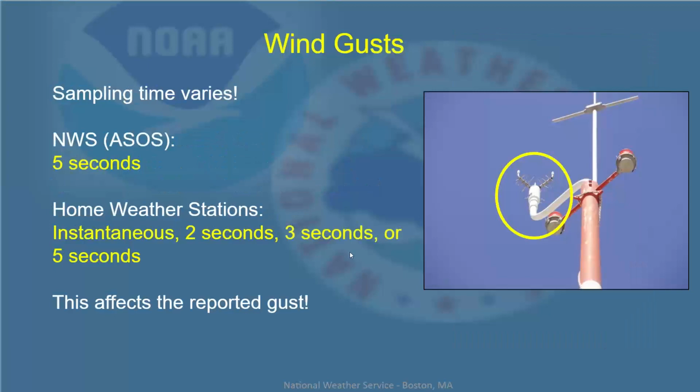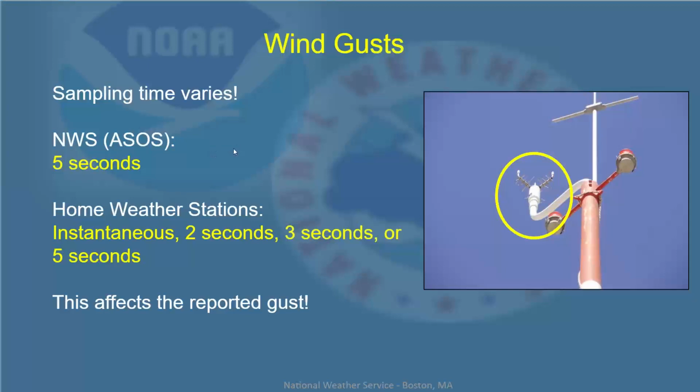But sampling time varies, and this is what we're running into these days now. In the old days, it was just equipment in airports measuring wind speed. That was about it. But today we have all different sorts of data sets. I'm sure many of you know about ASOS. So now the ASOS sampling time is a 5-second gust, or in some cases a 3-second gust, but I believe